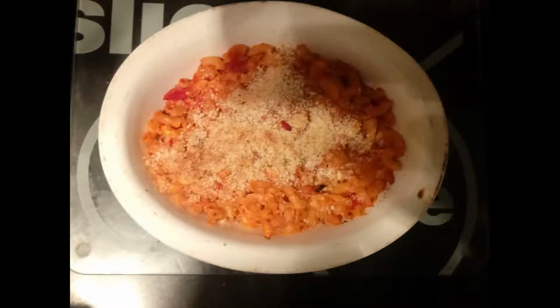So that took a bit longer to cook than it said. It said 15 minutes in the recipe, and I think that needed probably about 25 minutes really to heat all the way through. It is quite a deep dish that, so timing was a bit out there. But let's see what it's like. It smells nice. So dishing it up,